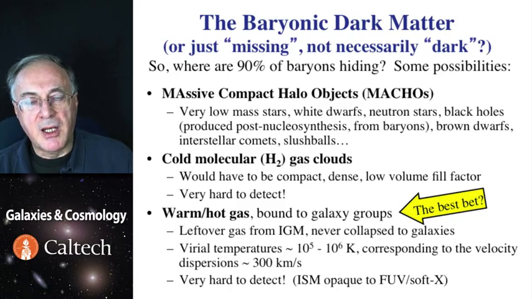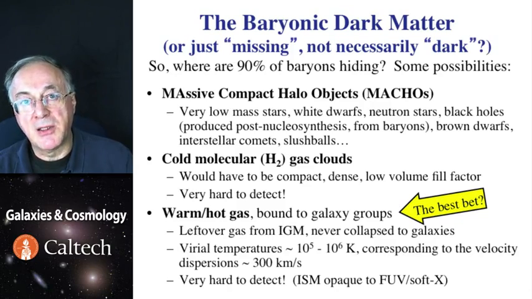As we will learn later in the class, this turns out not to be a viable possibility. We've done measurements and we know that. The second possibility is that these missing baryons are in the form of very dense, cold molecular clouds. This is a little bit ad hoc, because we do know about molecular gas in a galaxy. This will have to be a completely new component, because these clouds will be very small, they'll be very hard to detect. It's cold, they will not emit much light. It's a legitimate possibility, and people look for it, and so far there doesn't seem to be any evidence for such a thing.